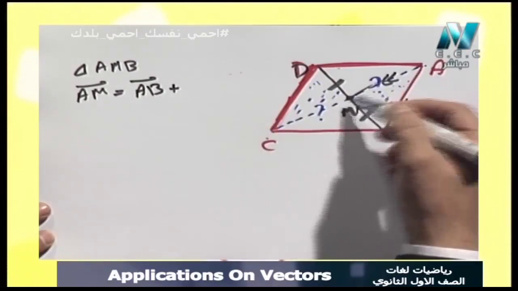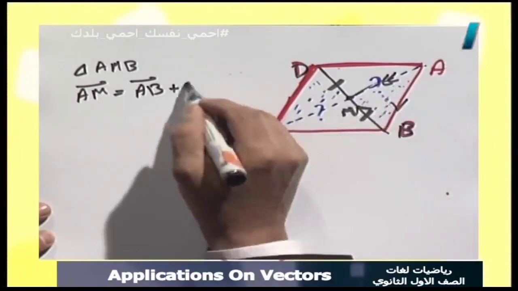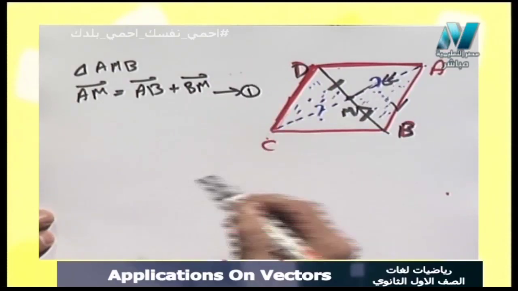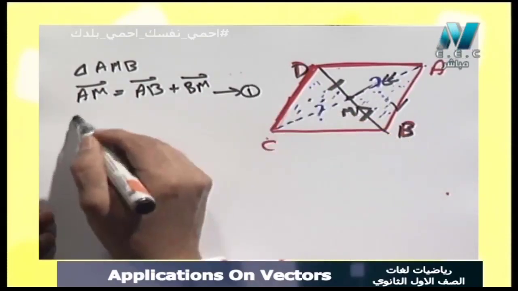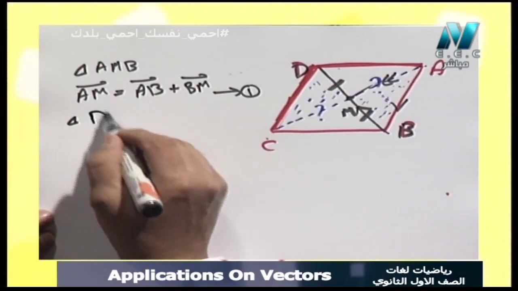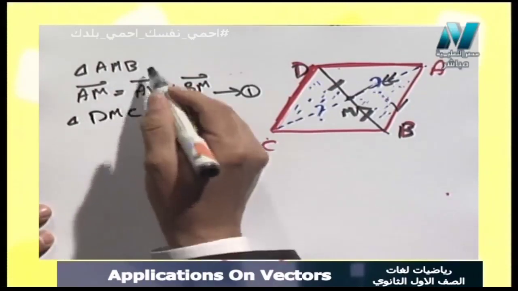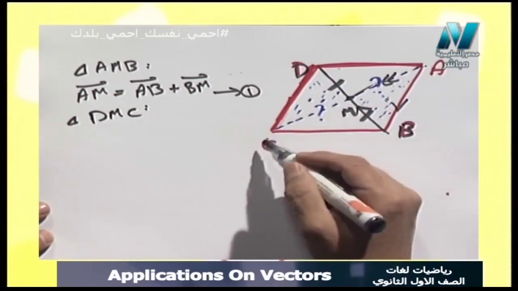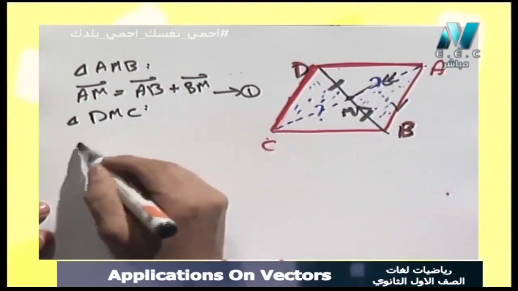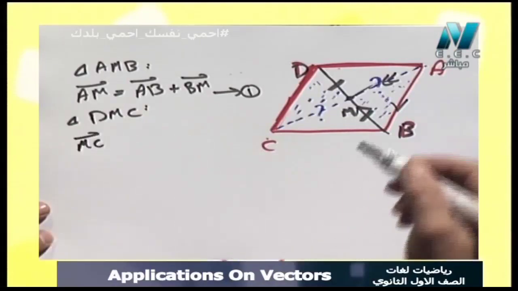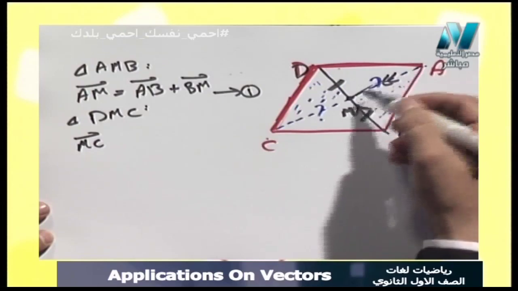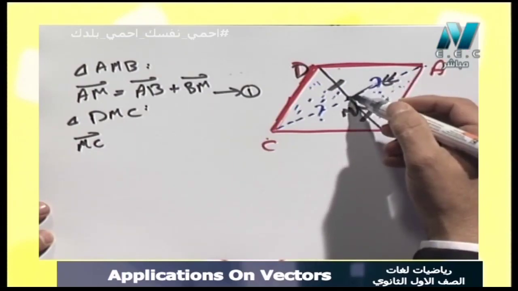Here AM equals AB plus BM. This is equation number 1. By using the other triangle, which is triangle DMC, we will deduce that the vector MC, notice that I have chosen for the first triangle the vector AM, and for the second one the vector MC,